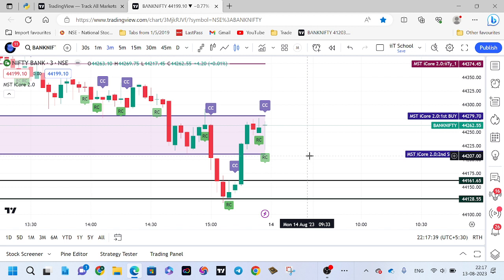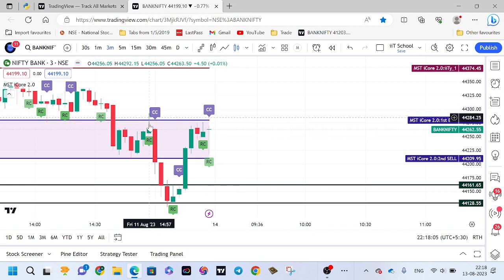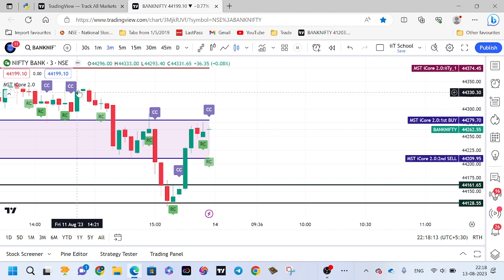So tomorrow what will happen? Tomorrow this candle indicates the market is going to fall. See here, when the wick is towards the upper side, it shows that sellers are in control. When the wick is towards the downside, it means that buyers are in control. So this candle is showing selling pressure. This candle is showing buying pressure. But the immediate next candle is not a buyer candle. And we are not calling this